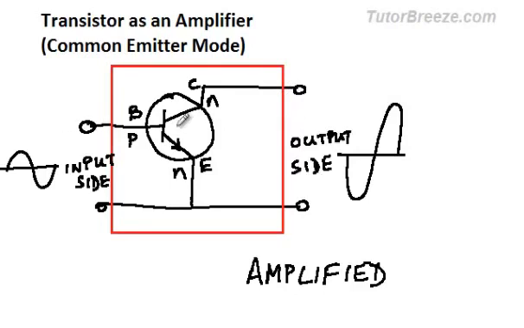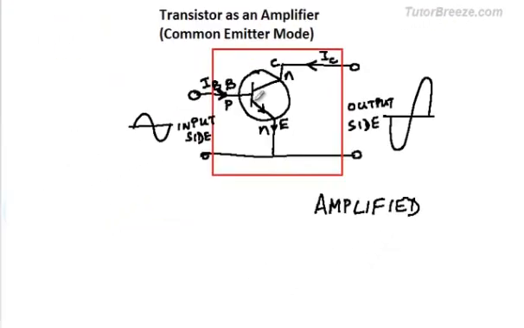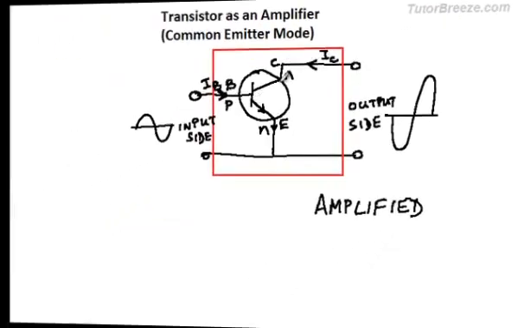The input current will be the base current, which we are going to denote by IB, and the output current will be the collector current, which we are going to denote as IC. Actually, the direction of the current in the collector terminal will be in this direction. That doesn't matter, it is still called the output current. You can see that from Kirchhoff's rule, because the current over here is leaving the circle, so the other two currents have to move into the circle.